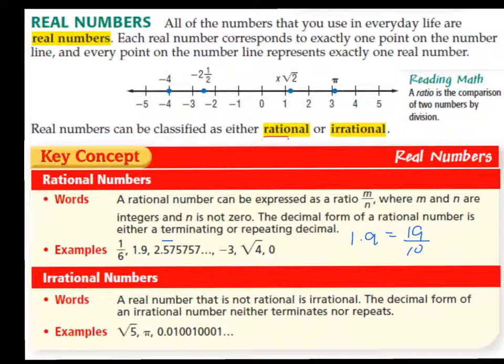A real number that is not rational is irrational. The prefix ir means not. The decimal form of an irrational number neither terminates nor repeats. So square roots that don't come out even, such as the square root of 5. Pi is a famous irrational number that goes on forever without repeating. And then they have a decimal with a pattern, just adding another 0 between the digits, but it is a